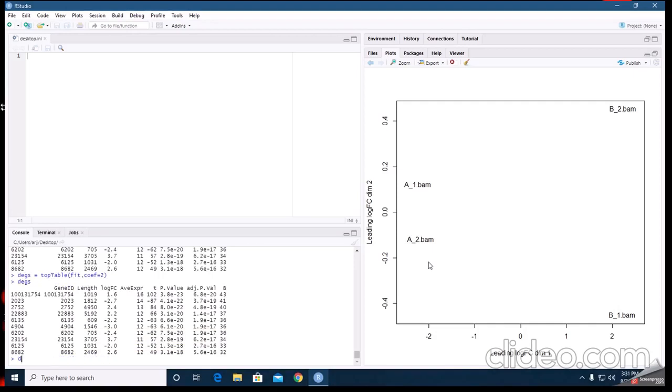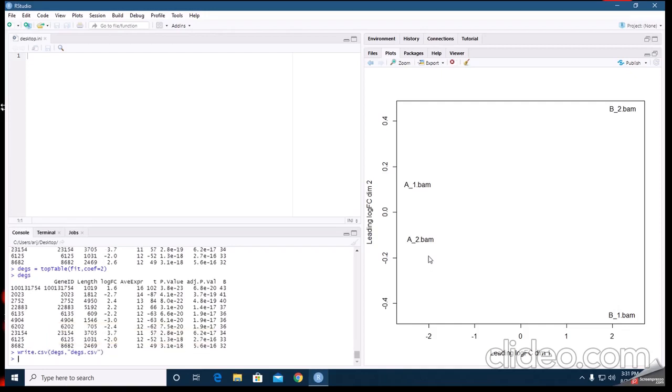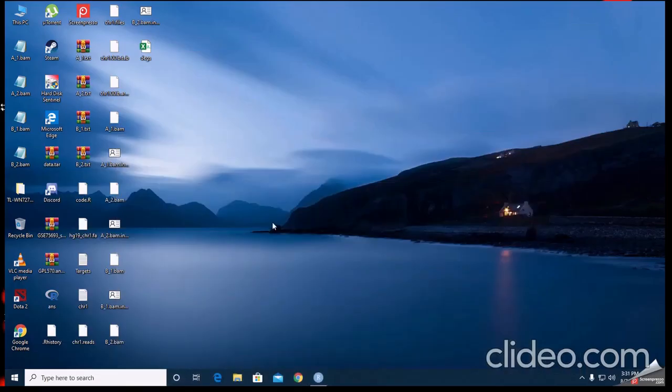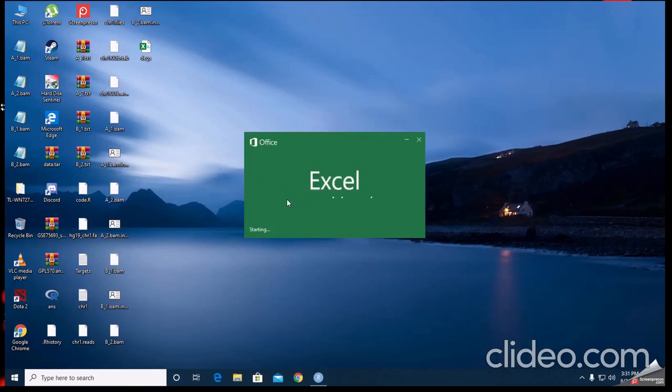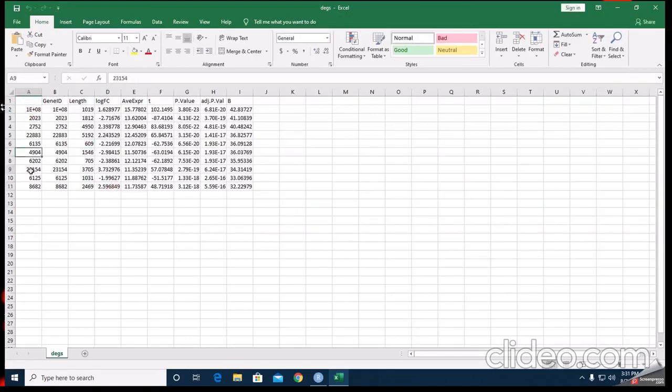Now I am going to write this file, store this file in CSV format, and I write the name DEGs.csv. Now see this, it is stored on my desktop. These are differentially expressed genes, these 10 differentially expressed genes.